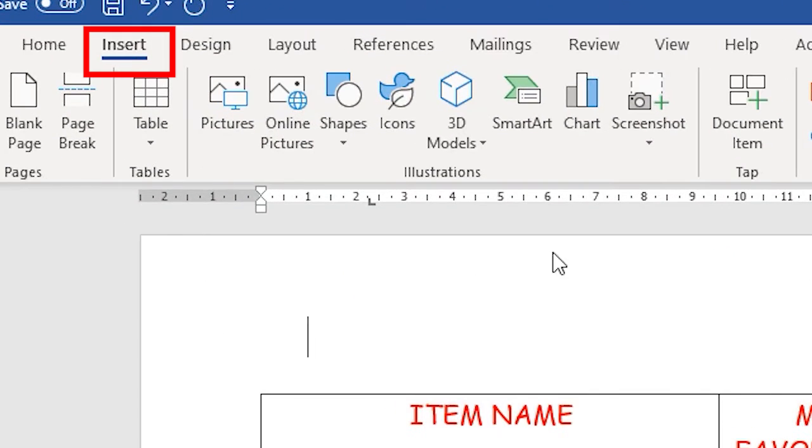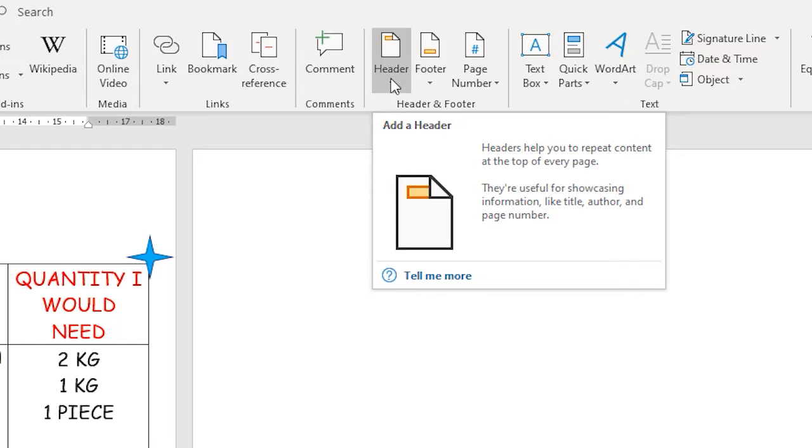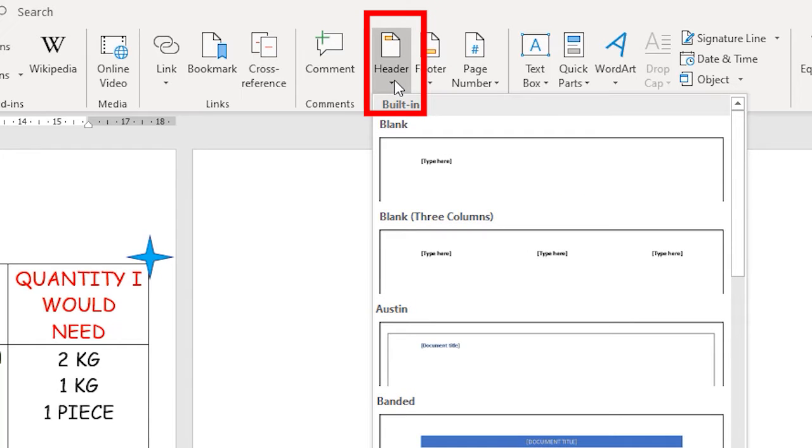and I'll go to insert, and in insert I'll go to header and footer group. In header and footer group I'll click on the header option. Now what is a header? A header is a text which appears at the top of every page of the document.